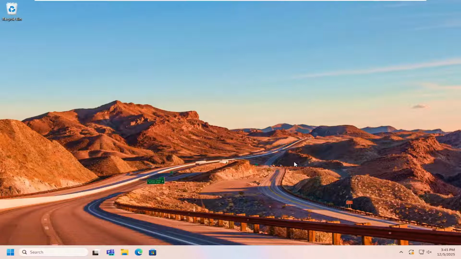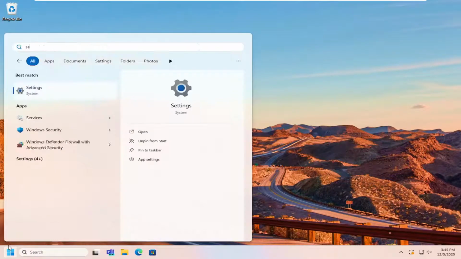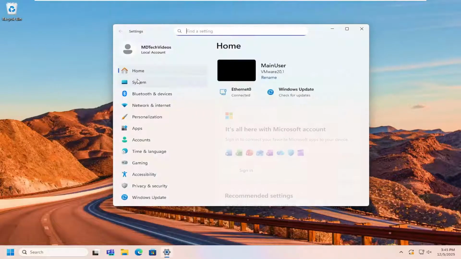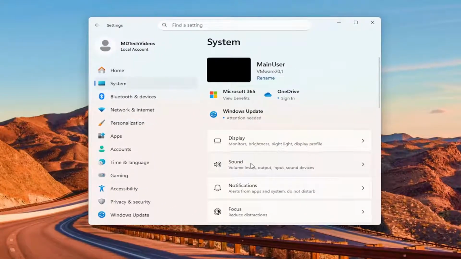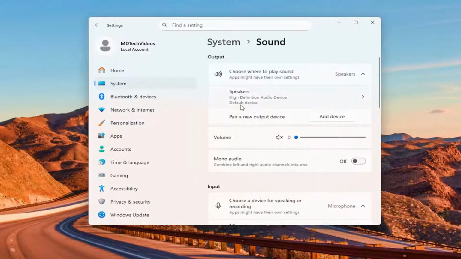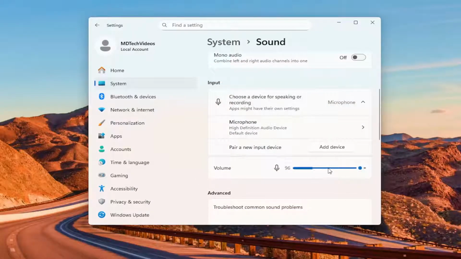So first thing I'd make sure of is that your device is properly connected to your Toshiba computer. So unplug it, plug it back in if it's a corded connection. If not, you may just have to open up the search menu and type in settings. Go under that, should be the best result, and then select System. On the right side, select Sound, and then scrolling down underneath Input, make sure the volume is turned on and